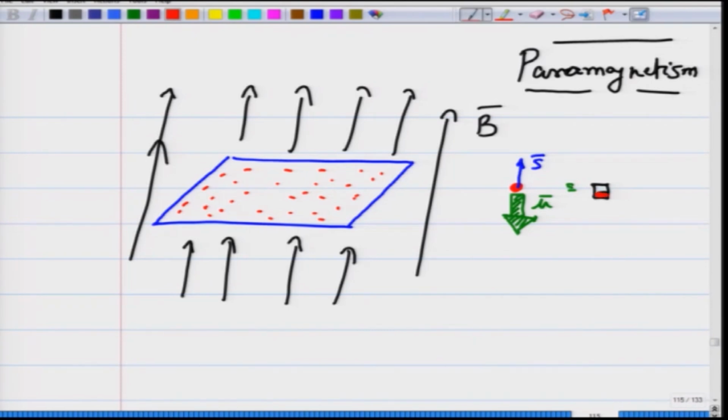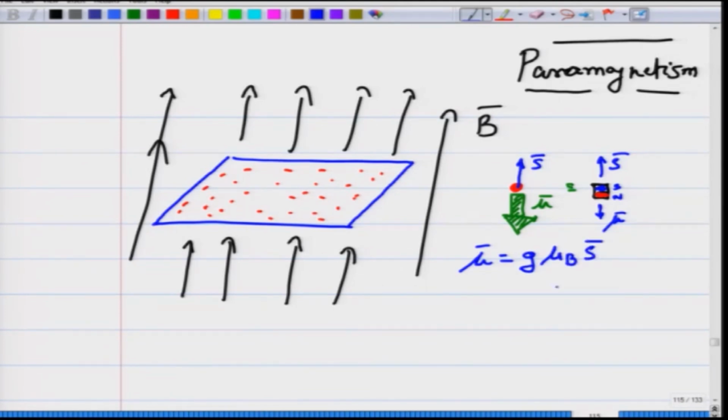The magnetic moment associated with each electron is opposite to the direction of the spin. So, if the spin is in this direction, the magnetic moment of this electron is opposite to the spin direction, and mu is g mu B